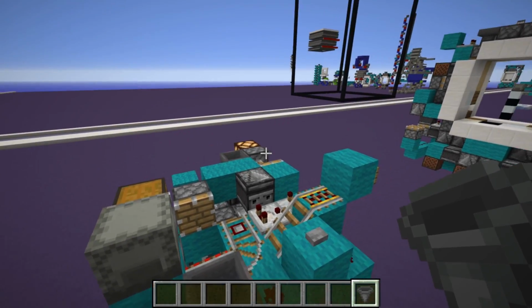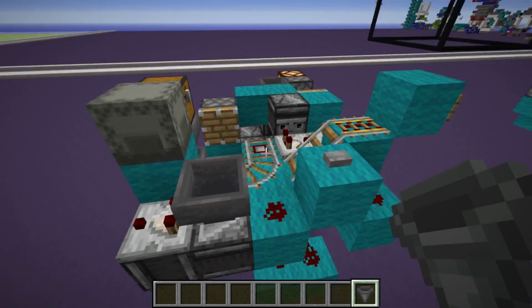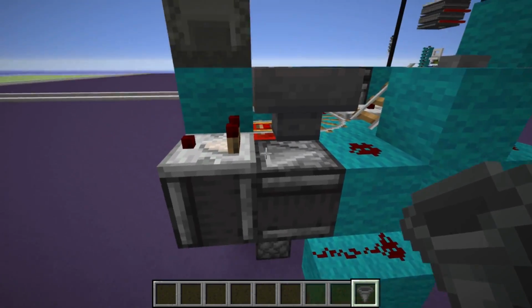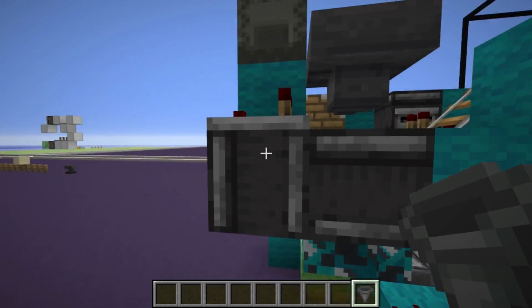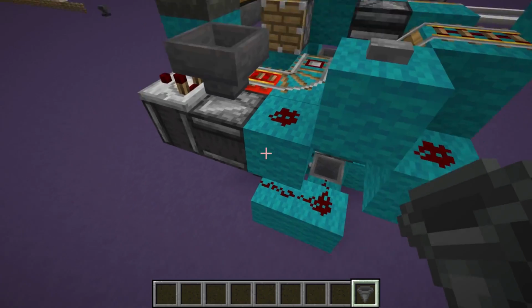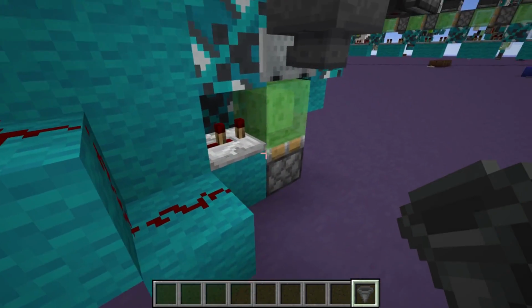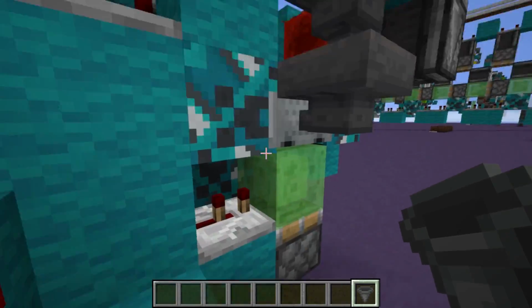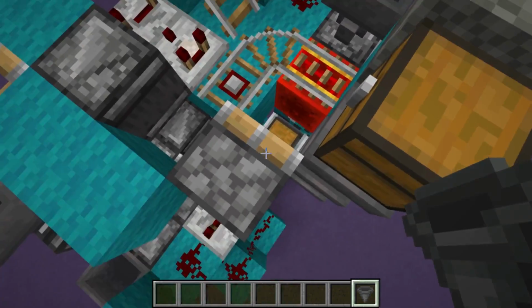So when we put this hopper in the searching hopper thing, yeah, we're putting a hopper in a hopper, that totally makes sense. So we put the item in the hopper that we want to search. It will give an output to this comparator, and then that comparator will activate these observers, and that will just make its way all the way over to this section, and that's going to bounce this piston and the slime block, and all these minecarts will go bouncing up, and then this piston will push the minecart onto the rail,